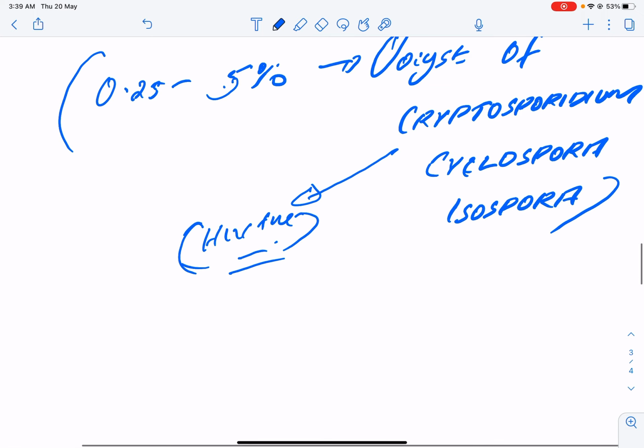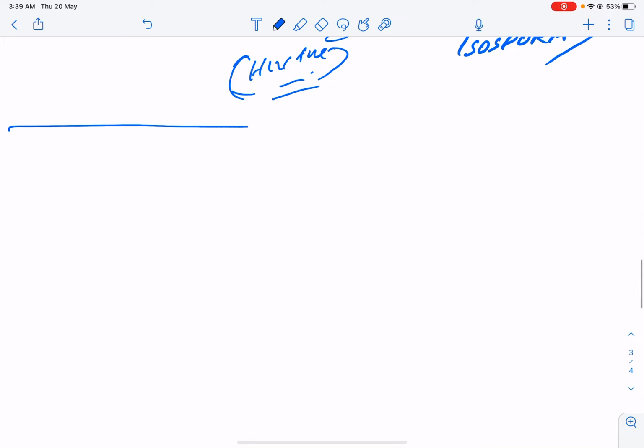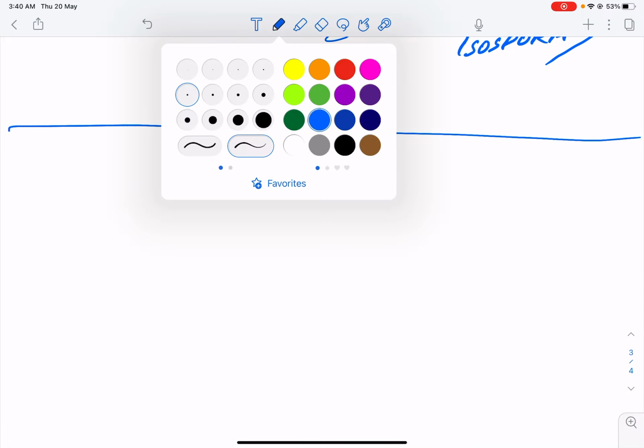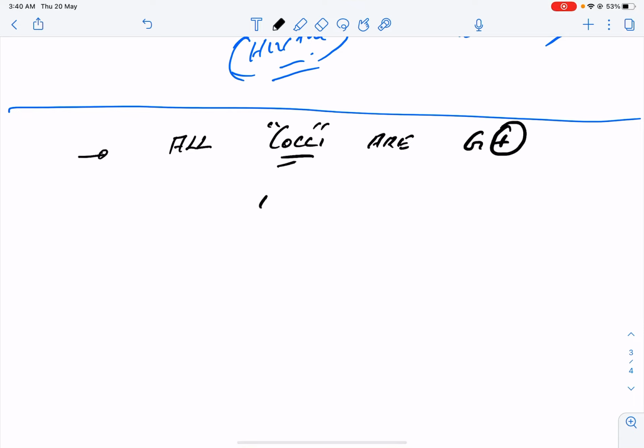Now, how do you group the bacteria normally in microbiology? We have gram positive and gram negative. To remember for a lifetime, whenever you hear a species ending in cocci, they are all gram positive. So every cocci you hear is gram positive, except, and this exception will be the question in the exam.